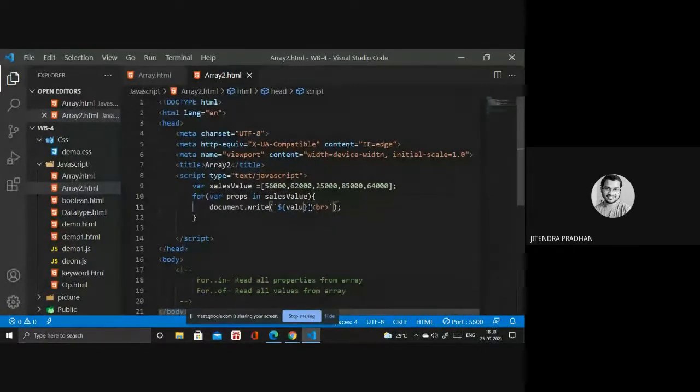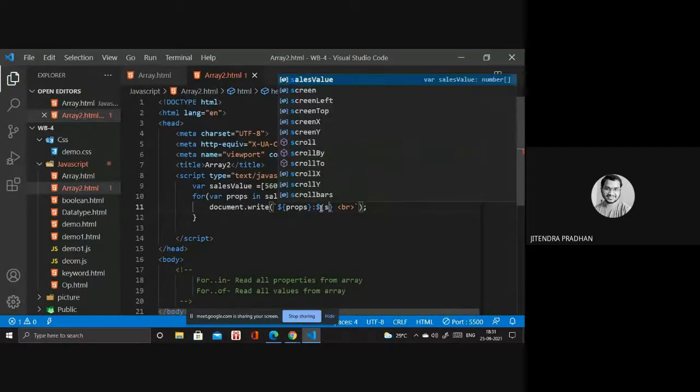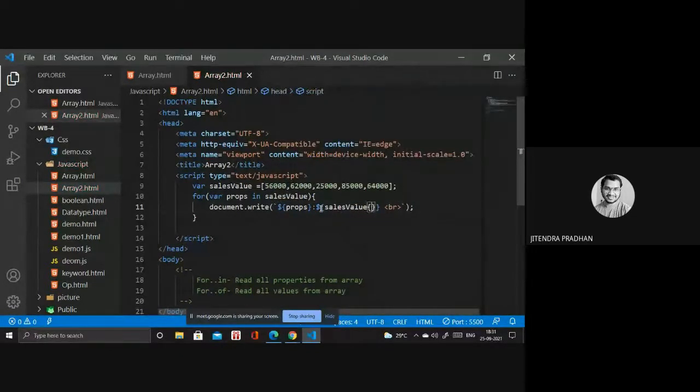So next we have to write props. Okay, so next I want to access the particular value as well. At that time I will write cellsValue, sorry, it's prop. Inside you have to write the prop. So why do we have to write these things? Because whatever data is in the cellsValue, it will go through the property, which is the index number. It will print the first index number, second index number, third index number. It will print one by one.